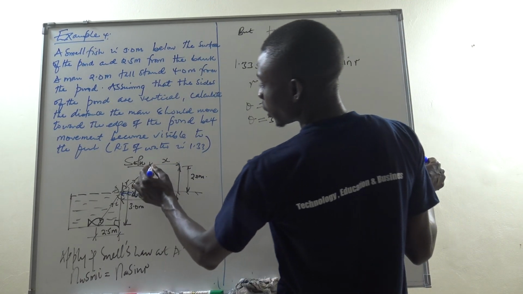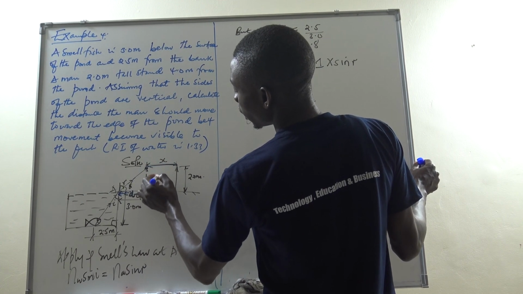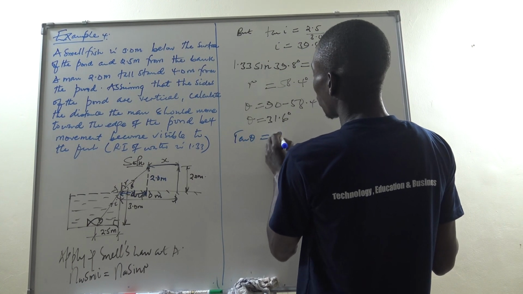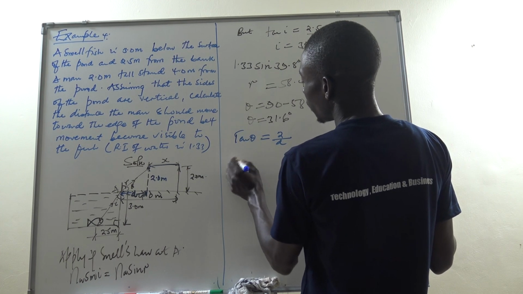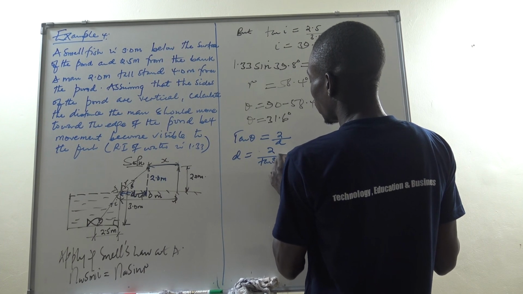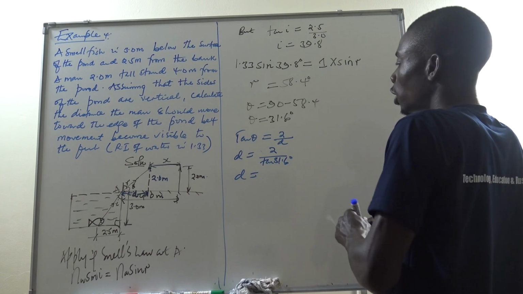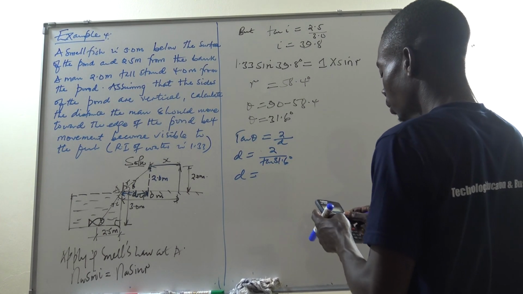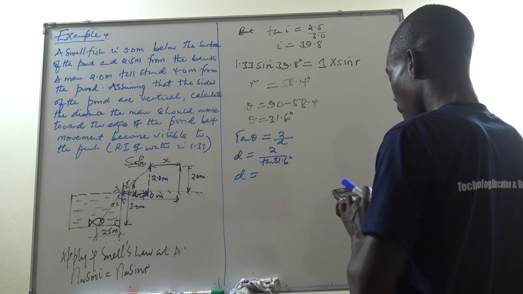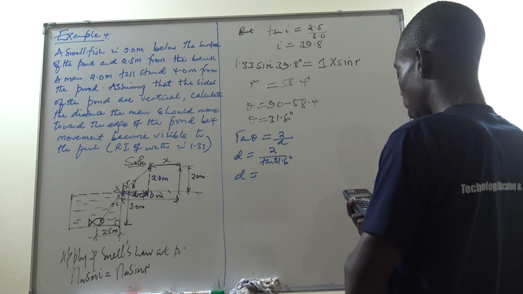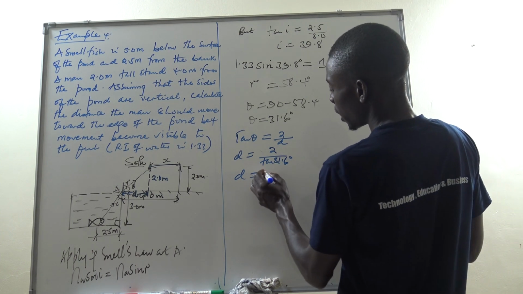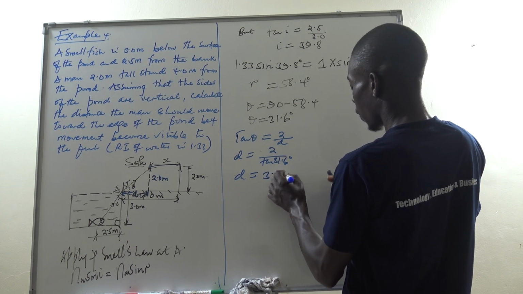Isn't it? I know this one. If the guy moves up to here, his height will still remain 2. So I can say tan theta equals opposite over d. But theta is that, which means that d equals 2 over tan 31.6, and my d will be some value. So what is 2 divided by tan of 31.6? That is 3.25. My d is 3.25